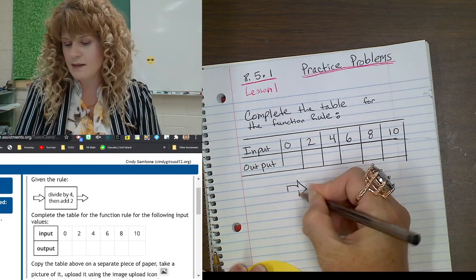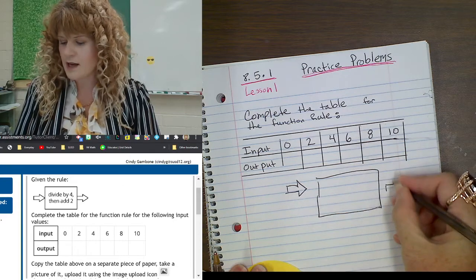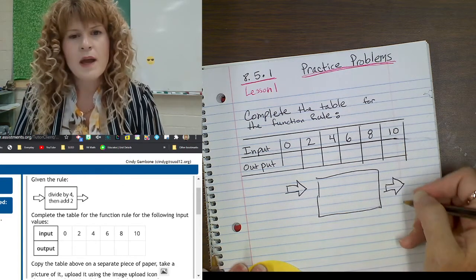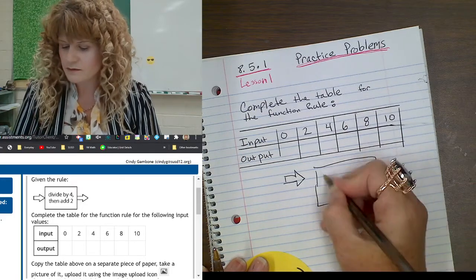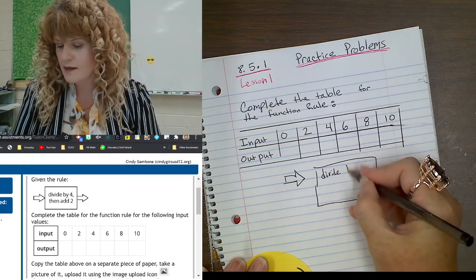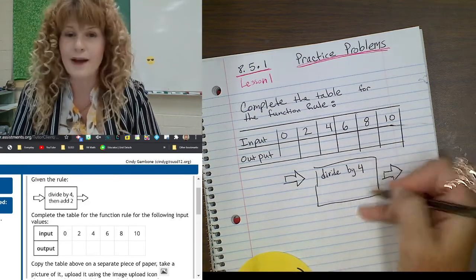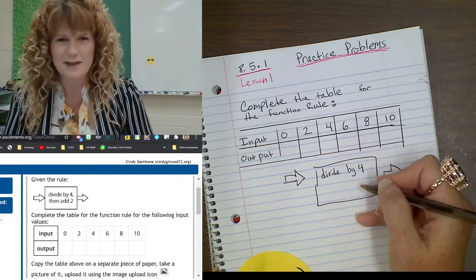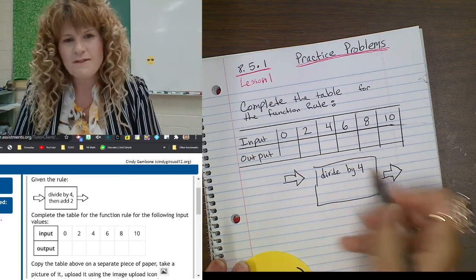Okay, we have this input-output diagram. The instructions in the diagram say divide by 2, then add 2. I'll write that down because I love making math notebooks. Oh, did I say divide by 2? It says divide by 4. That's why I have to write it down. Otherwise, I'll make too many mistakes. I check it. I write it down and I check it. Divide by 4,